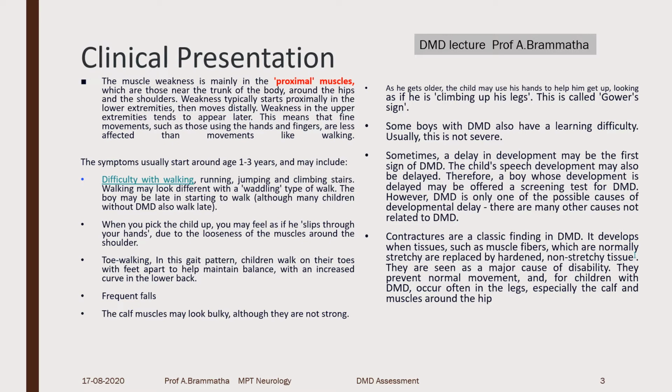Considering the sensations will not be much impaired, and tendon reflexes will be diminished in the early stage, and later on they will ultimately be lost. In the late ambulatory stage, there will be more frequent falls, and getting up from the floor will be very difficult and more laborious for the child. Around 10 to 12 years, the child will lose the ability to walk and will need some kind of support to move around.